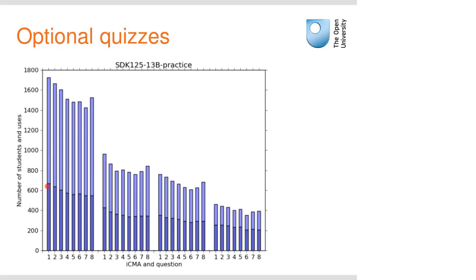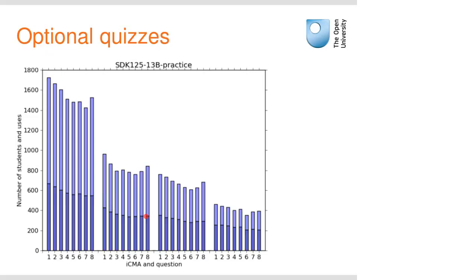Also, I should say this is a quiz that allows multiple attempts. So what you're seeing here is that 650 students attempted the first quiz, and some of them made repeated attempts, quite a lot of people made a second attempt or a third or a fourth. So this is the total number of attempts at this question, and this is the total number of different students who attempted it. But if it's optional,